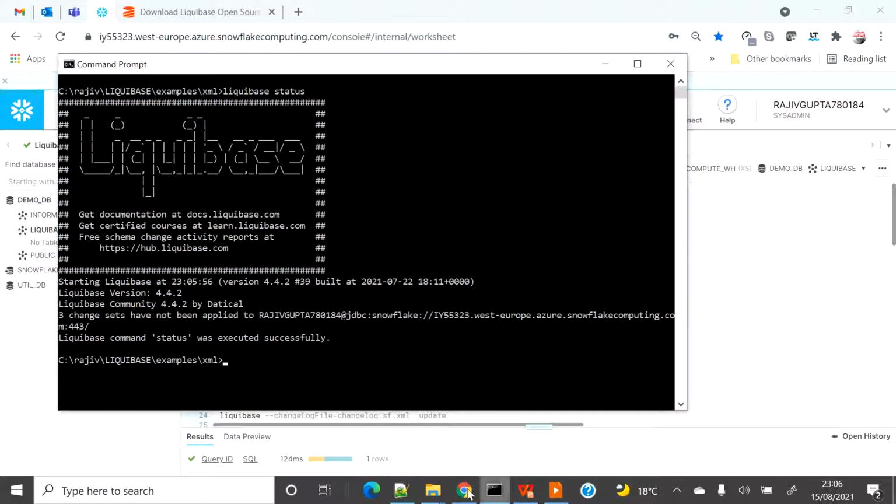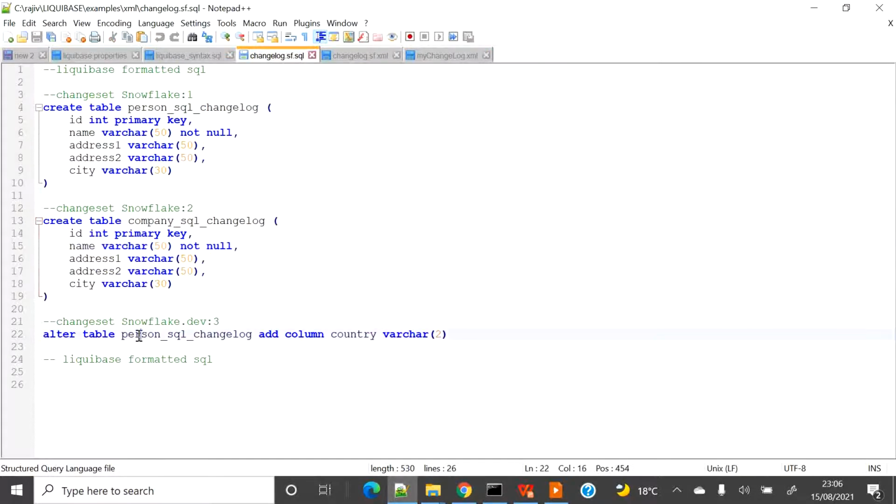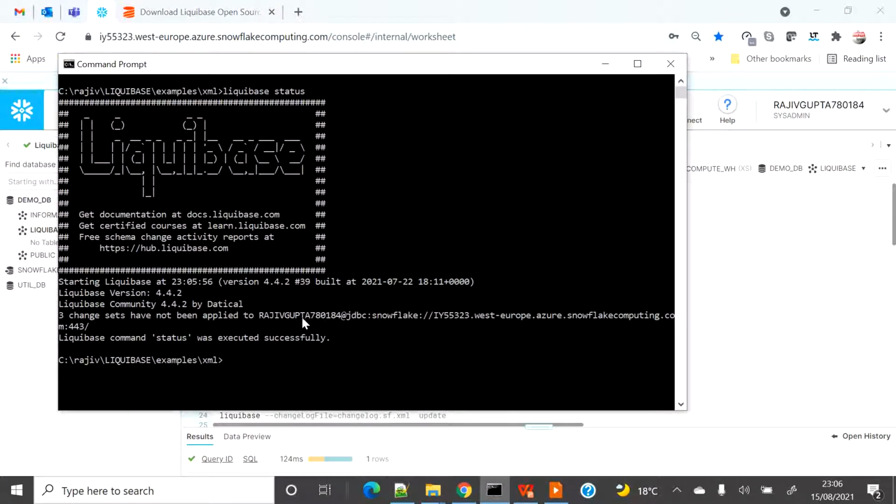This file contains three change sets, as I have shown you, 1, 2, 3, but none of them has been applied yet. So all three changes are still pending, and I'm connecting with my user ID to my Snowflake account, and this status command has been executed successfully. So now I know that I'm able to connect to Snowflake, and I'm able to check that these three change sets have not been applied, and it is working fine.